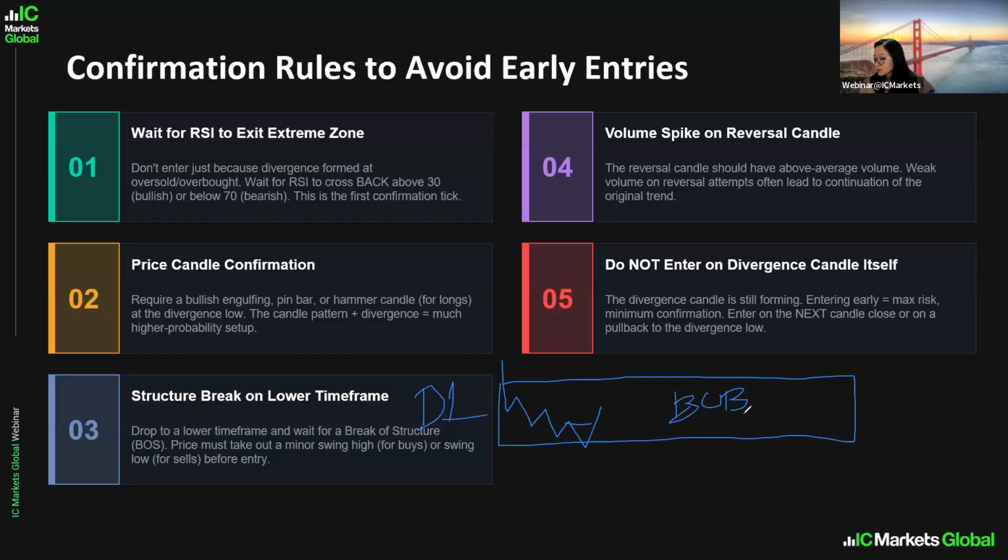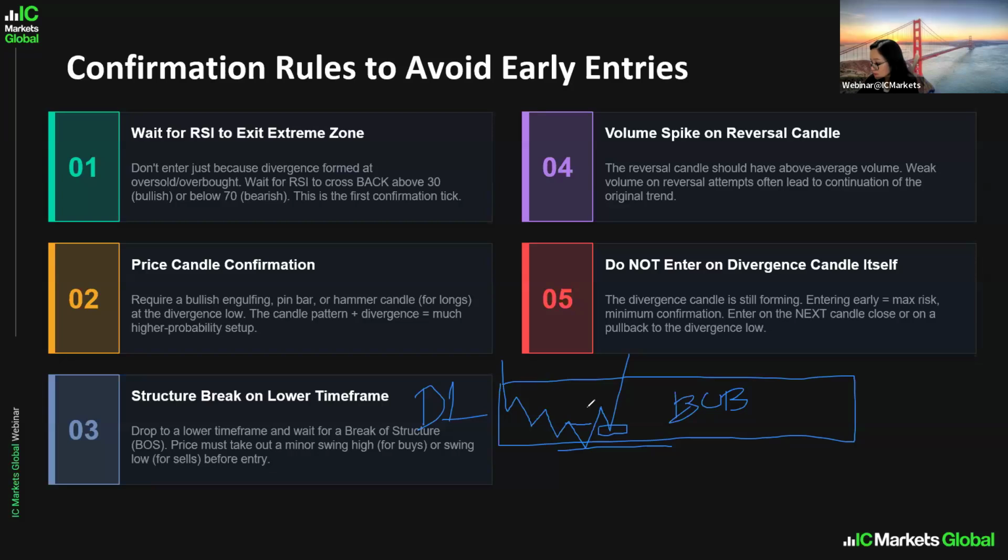Okay, if you enter based on the OB, you're going to have a wider stop loss based on the D1 time frame. But because we want a very tight stop loss, you need to zoom in. You wait for confirmation, wait for the change of character, and then you wait for price to pull back, and then you buy. So this one is going to be your buy entry, and this is going to be your stop loss.